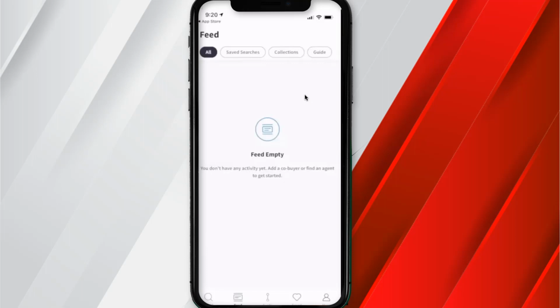We start a collection. Maybe our co-buyer adds some comments to our collection. Our agent moves us down the list in the guide. We're going to see all those updates populate on this feed, just like a timeline. That feed, Blake,